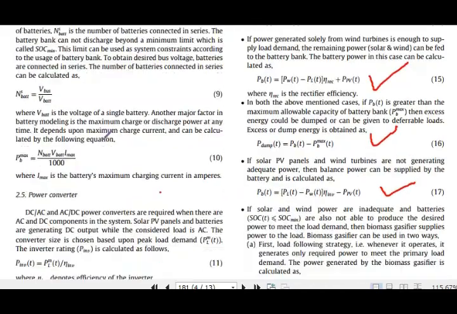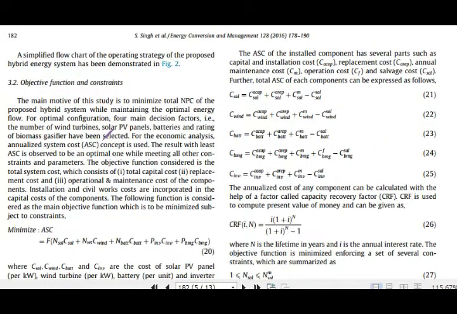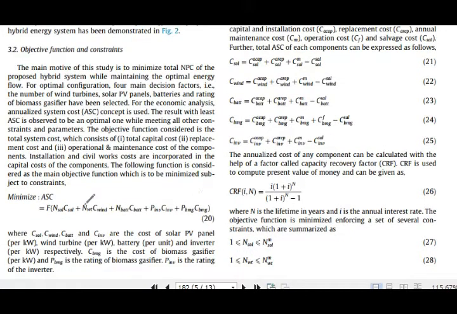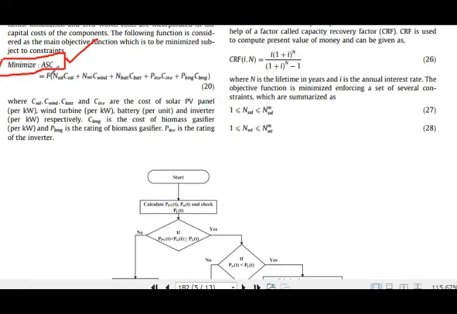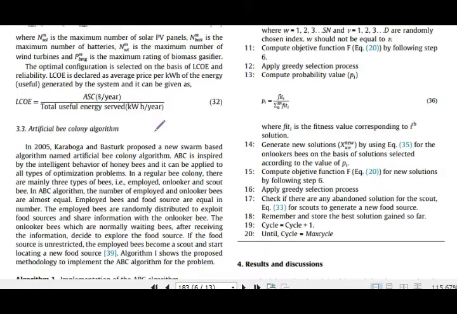the cost calculation. So the main thing is the fitness function of this hybrid renewable energy system. You should keep in mind that this research paper is based on the off grid system. So for off grid, your fitness function will be the ASC. ASC will be your fitness function. So you will be minimizing the annual system cost of the system, because in an off grid system your load is fixed. So the LCOE is simply this annual system cost divided by the total useful energy served